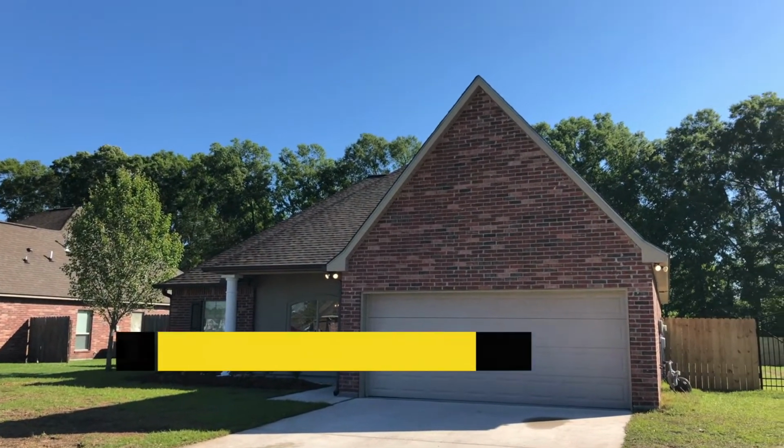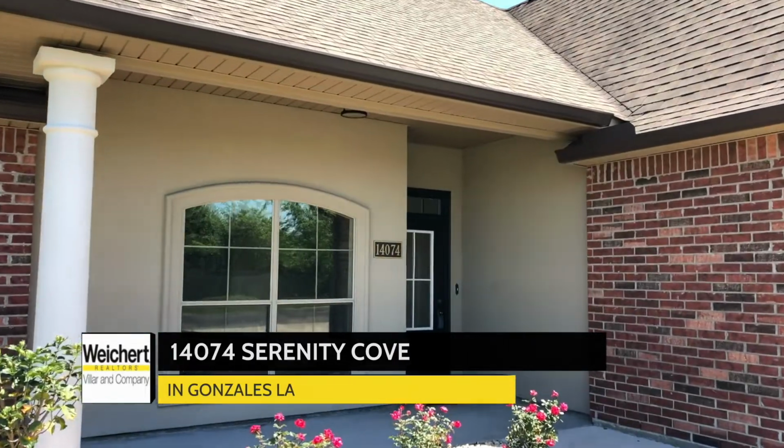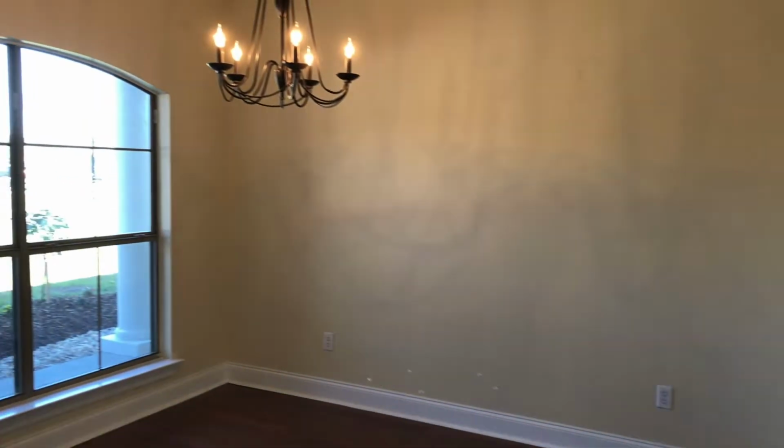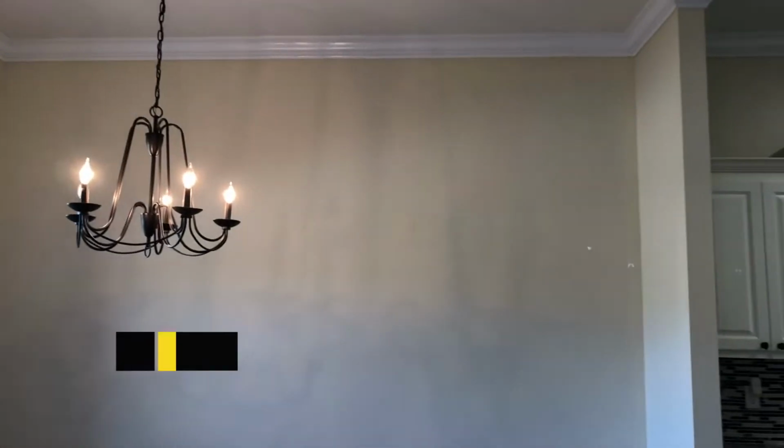Welcome to 14074 Serenity Cove Drive in Gonzales, Louisiana. This 3-bedroom, 2-split floor plan is painted in a soft buttercream colour palette which flows throughout the home. This home offers a separate eating area with lots of natural light, with views of the mature front yard and